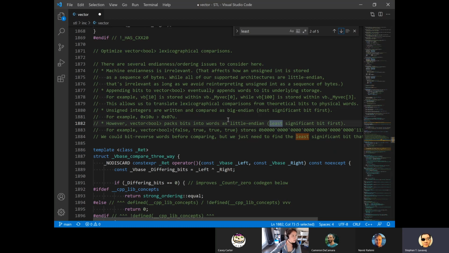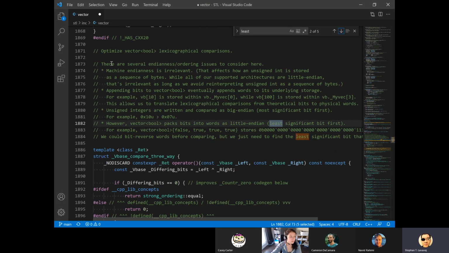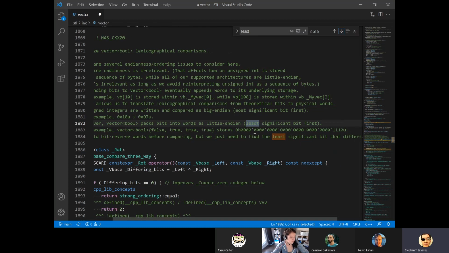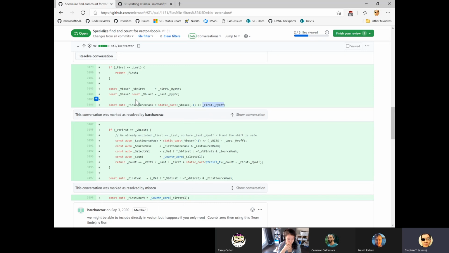Yes, vector bool packs bits into words as little endian, least significant bit first. So here I have an example. I put a big comment here because I knew I was going to forget. If you have a vector bool with false followed by 3 trues, instead of filling from the most significant bit, that first element is this one, the least significant bit, and then it's true, true, true, and so forth. So it's packed like this. Okay. So now that we have that invariant representation,